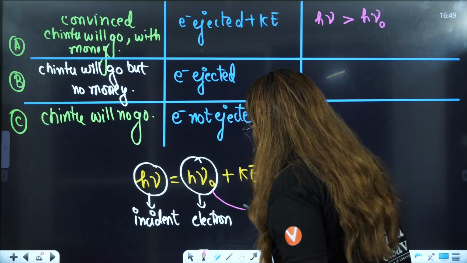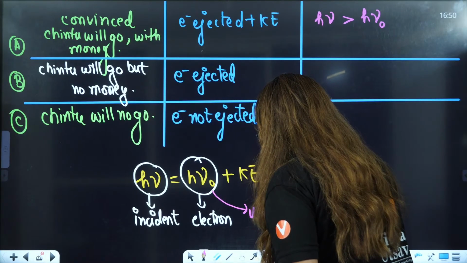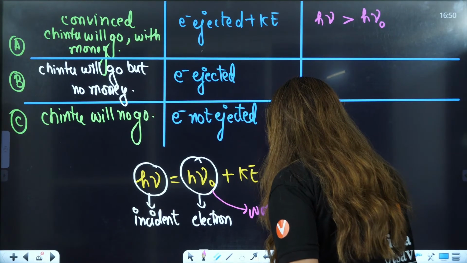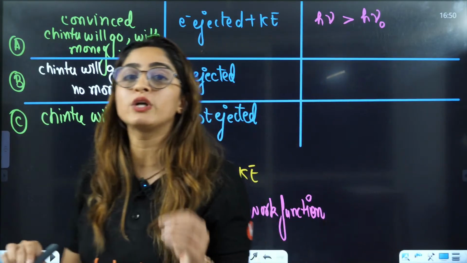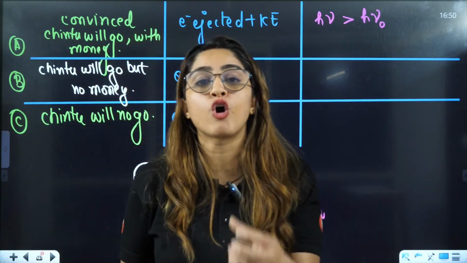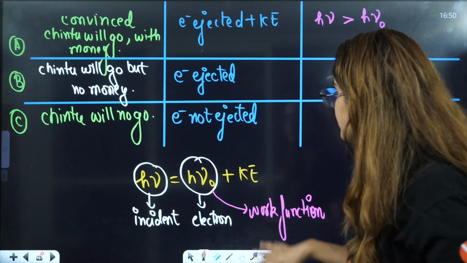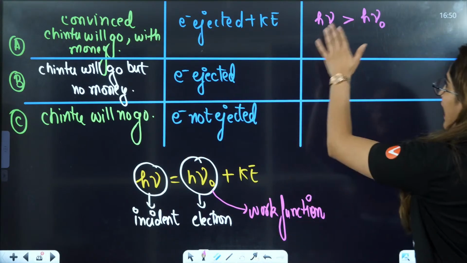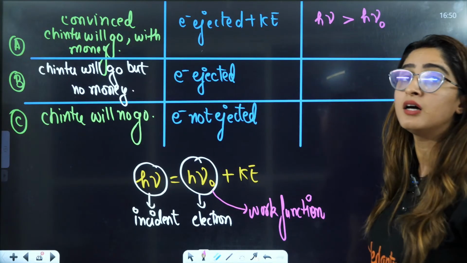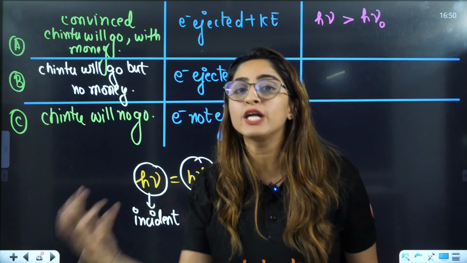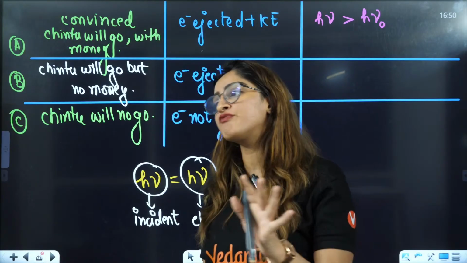This is called the work function, the minimum energy required to eject the electron out of the metal. Now when hν, the energy of the incident light, is more than the energy required to take out the electron,